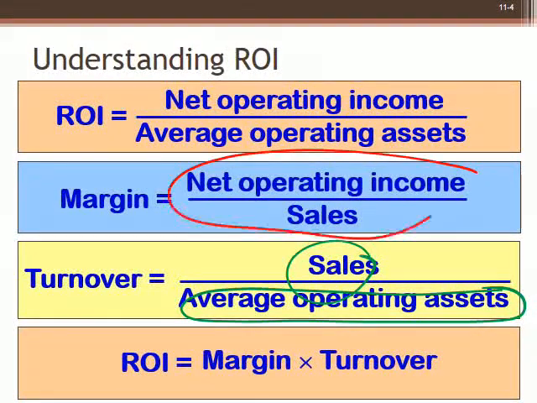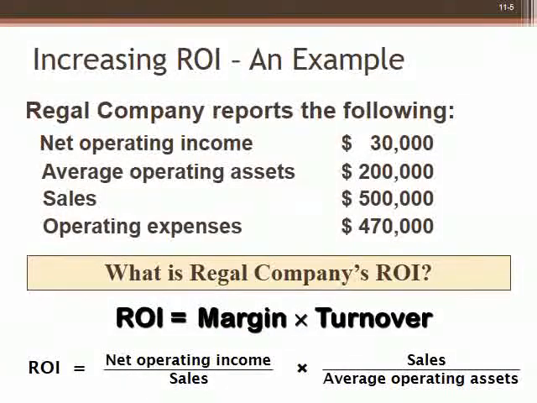In other words, what portion of the sales belongs to net operating income. By multiplying these, you can find out whether this manager is doing well in selling, or doing well in the efficiency of utilization of operating assets. So here we go. As usual, we are having